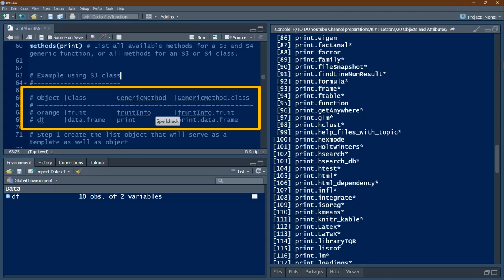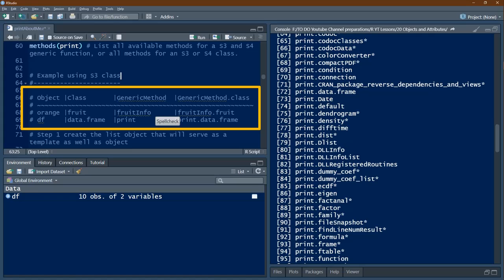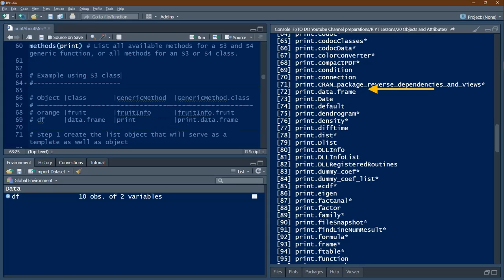There is a print.data.frame function here, 72nd in the list. This function will be called. So it is generic method dot class. The generic method is print and the class is data.frame, so print.data.frame is the function. The naming of the function which is to be called is also based on this format.